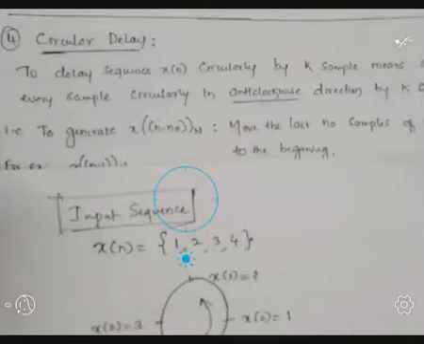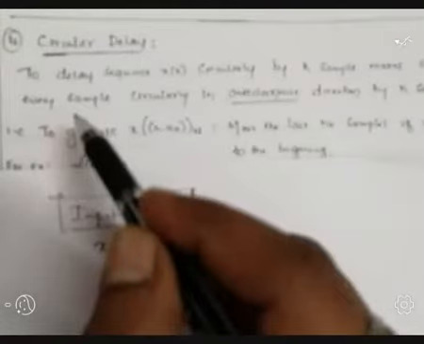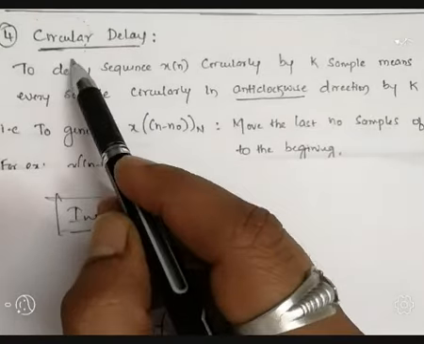We already discussed delay and advance in signals and systems. Now, first is circular delay. Before discussing this circular delay, first we have to discuss how we are going to represent a given sequence